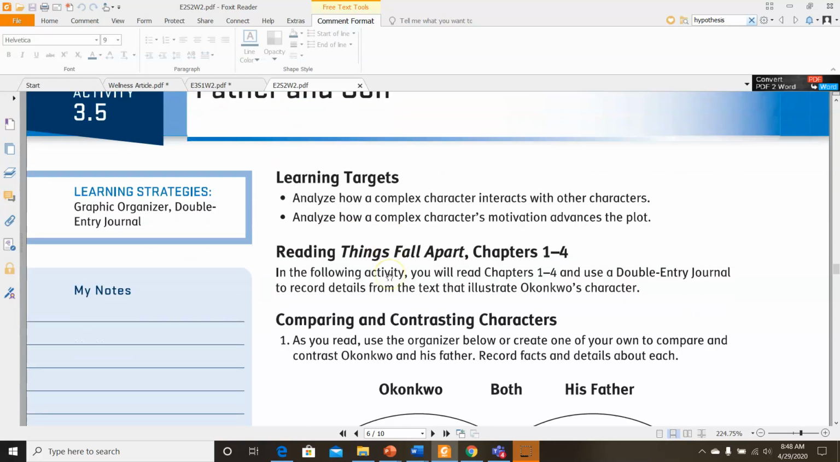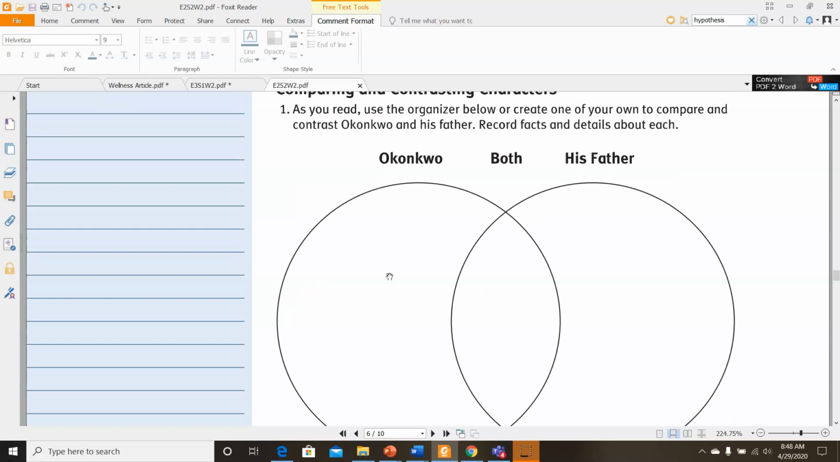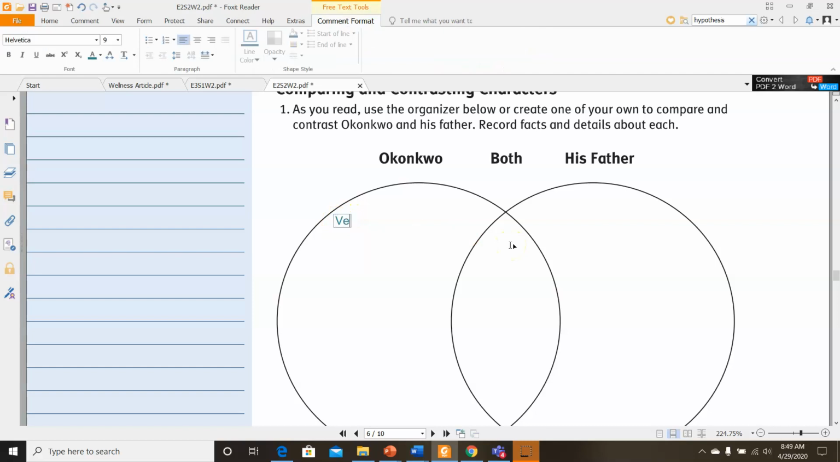Alright, let's continue. Comparing and contrasting characters. As you read, use the organizer below or create one of your own to compare and contrast Okonkwo and his father. Record facts and details about both. I'm going to get you started with one fact about Okonkwo and one fact about his father, and then one fact about both. To begin, I'm going to say that Okonkwo is very strong, hard-headed, and responsible, because